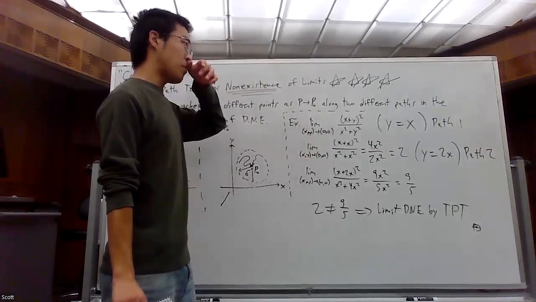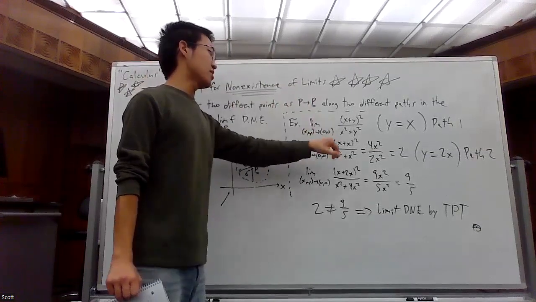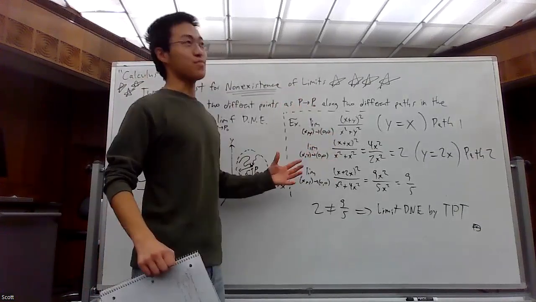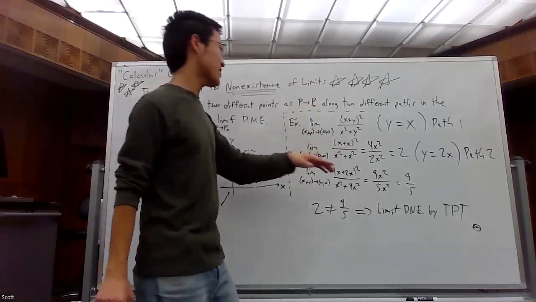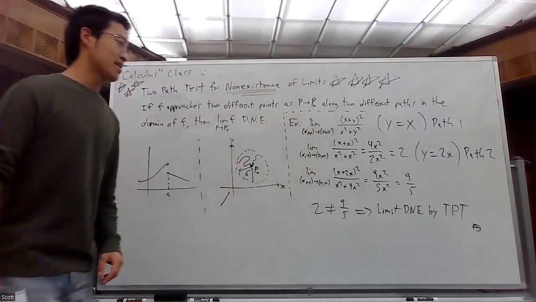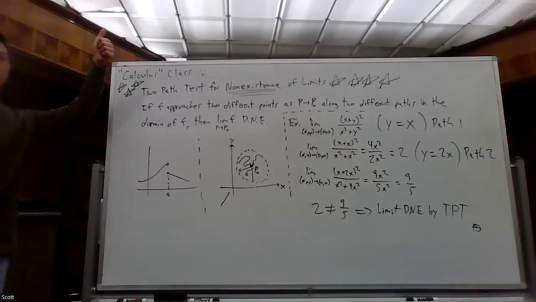The way these questions will be given will be more like theorem style. It'll be like, this limit does not exist at this point, prove it. And don't stare at it and go, oh my gosh, proof, and then your brain just deletes. Just be like, oh, 2 path test. I just got to do these 2 computations, and that suffices because there's a theorem for that. Okay, is that clarifying what's going on?